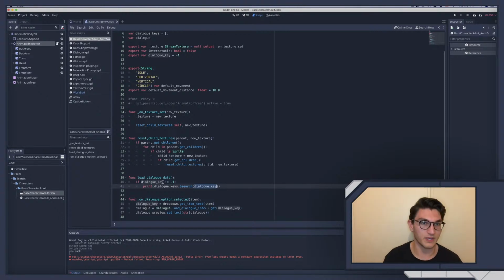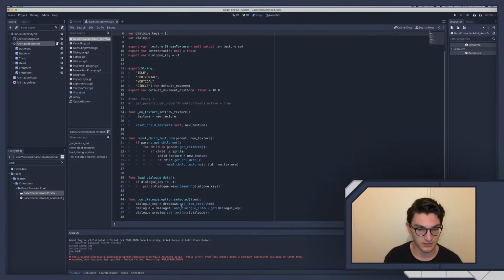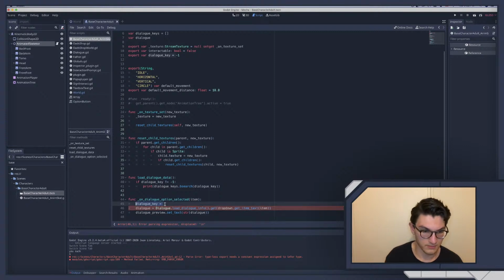I don't need to make this and then go through all that, but rather I should just do this. Drop down .get item text. Get item text item. Why is it like that? Oh, because of this. And then what I should do with get dialog key is we should probably rename this to something else, but for right now, dialog key equals